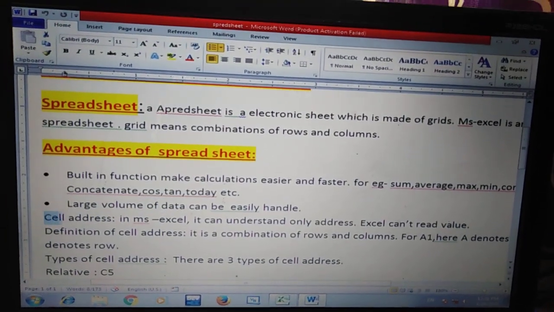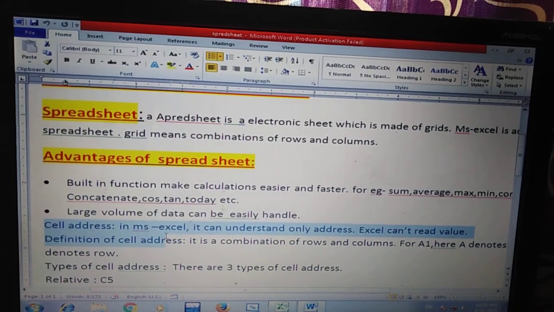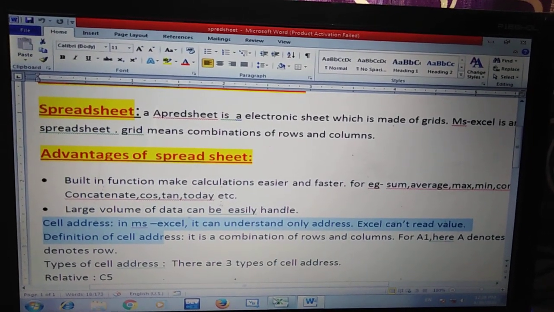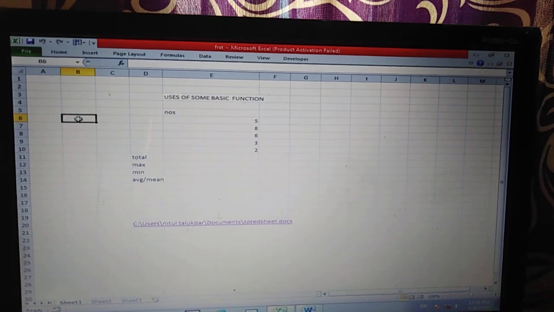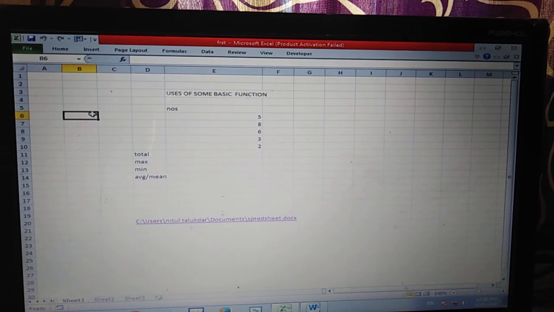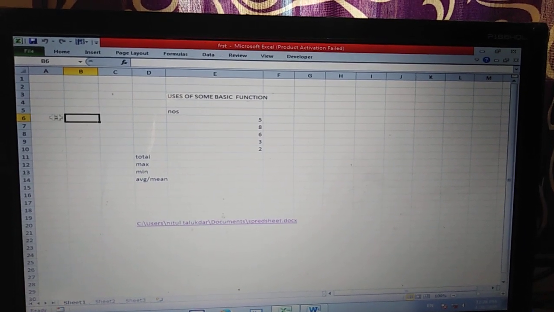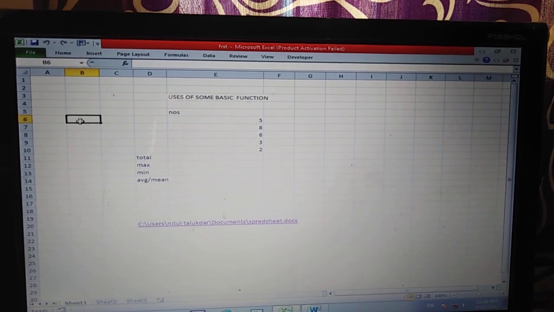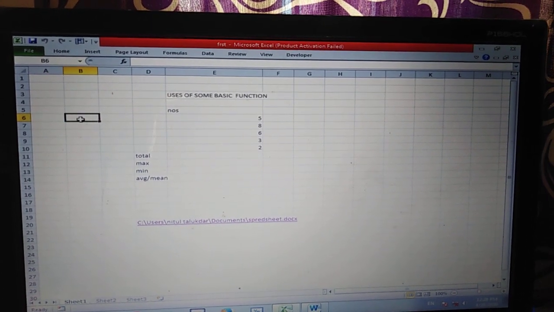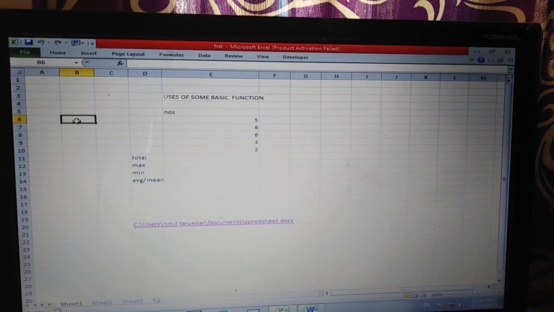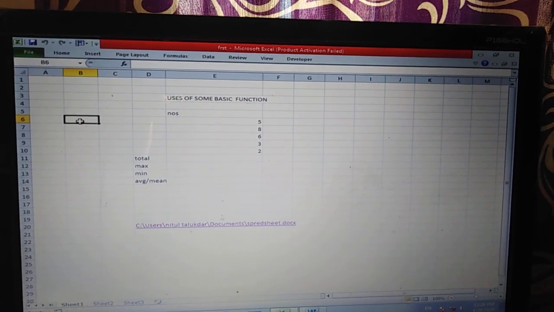Now see the cell address. Cell address means the intersection of rows and columns. If you notice the sheet here, the B and C are highlighted. This is called a cell. That means this is an intersection of row and column, and right now it is an active cell.